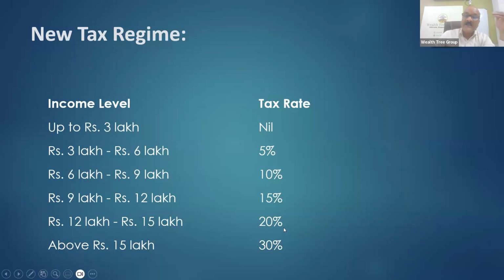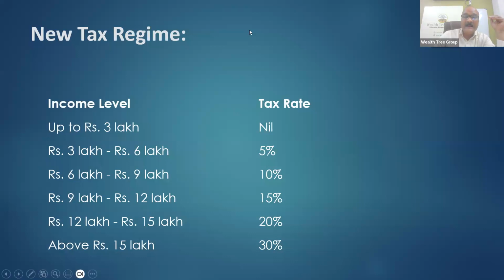But if your deductions are more and you have already invested and you are able to collect the deductions, then actually the old regime is more preferable. And people who don't have these deductions, that means they did not invest in insurance, mutual funds or ELSS schemes, whatever tax applicability is there, those people can go for the new regime and straight away file their tax in the new regime.